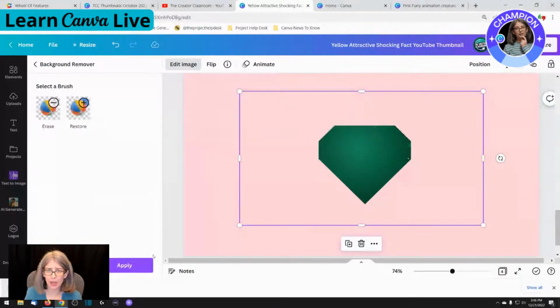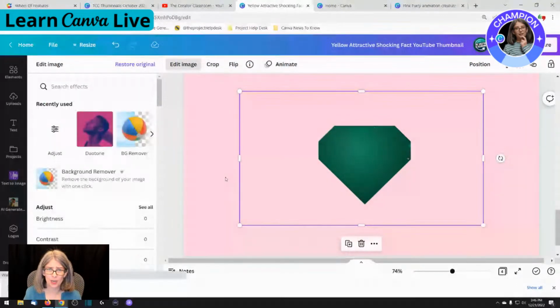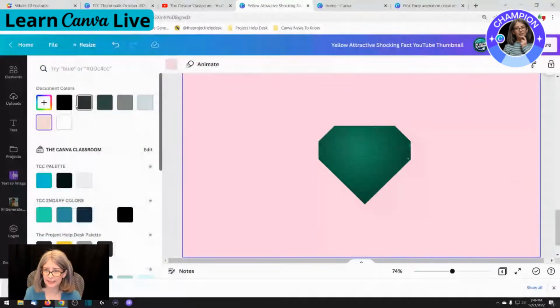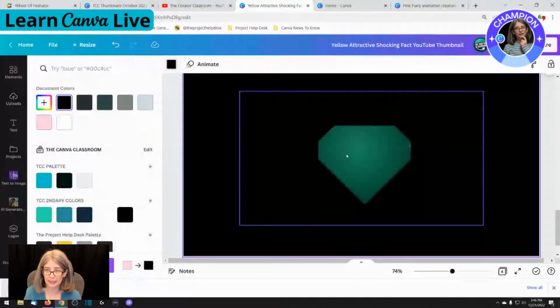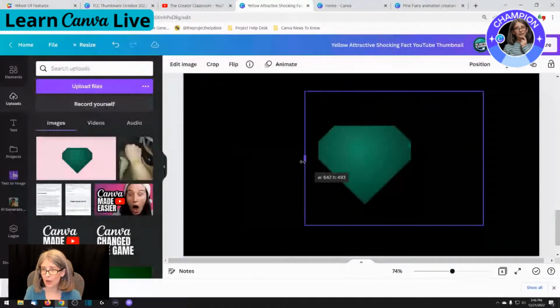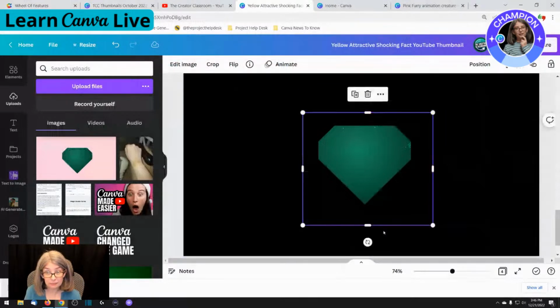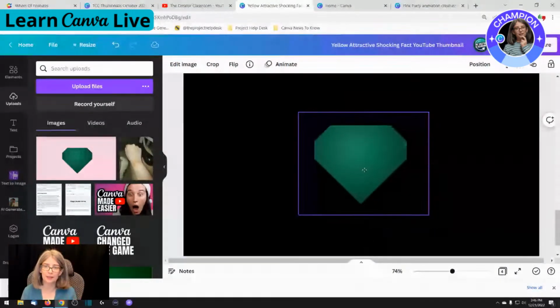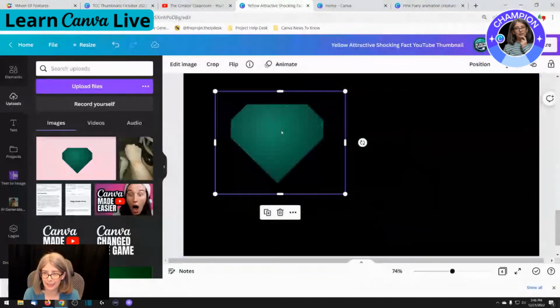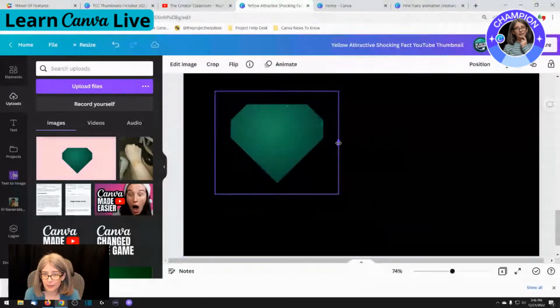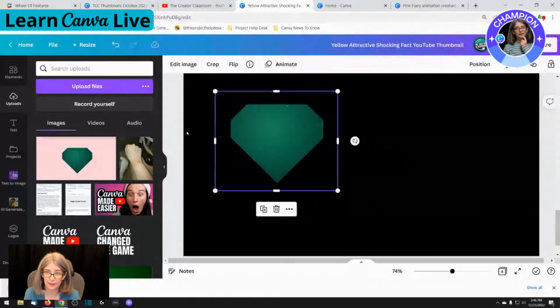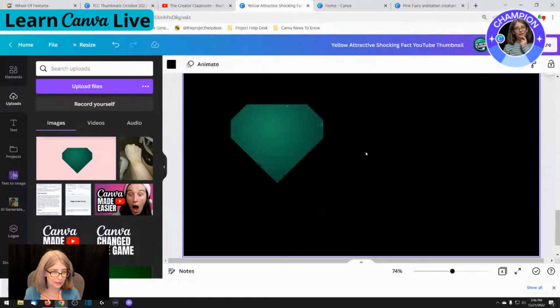I'm going to click apply and then I'm going to check the background and see if it actually did it. And it did. So now I've got this cool shape that I made in Canva with this design. And I did not need a frame or anything. It was just something that I was able to create. And then